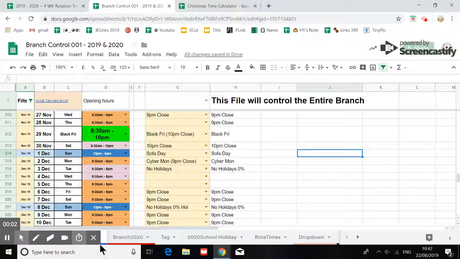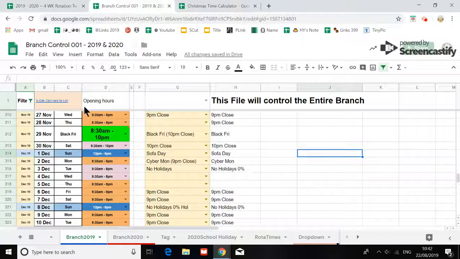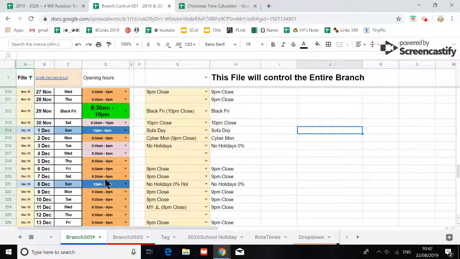Hi, so this video is going to be about Christmas hours. Just now I received an email telling me the proposed change of the trading hour. So what I have done is I've gone into my spreadsheet called the branch control 001. This spreadsheet actually controls the entire branch trading hour